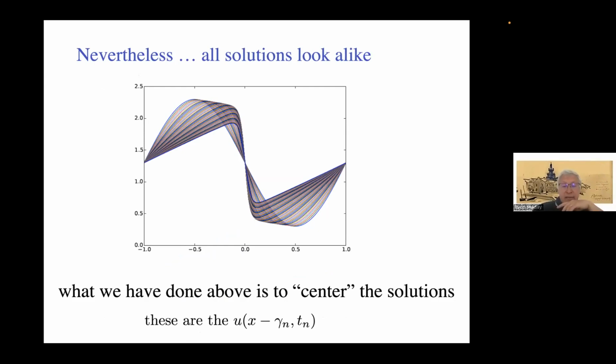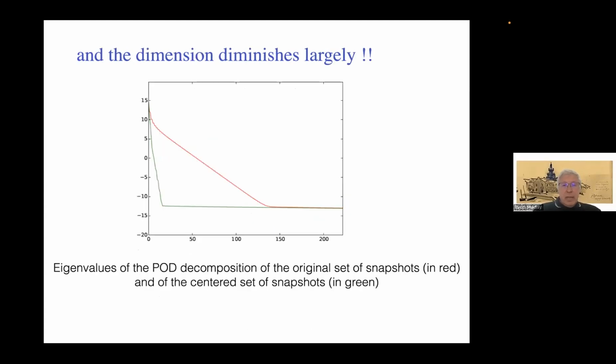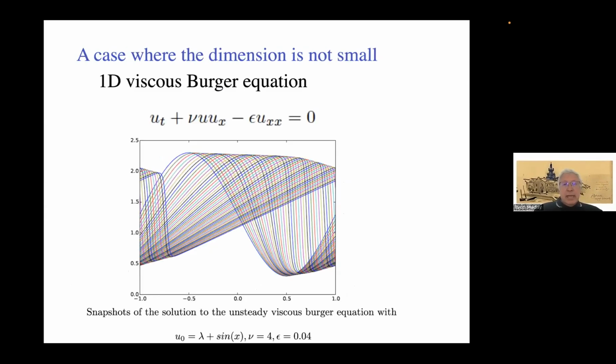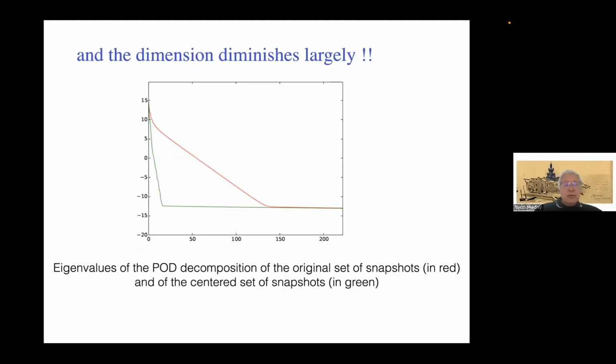And so, looking at u of x minus gamma_n, you see that at different times the solution looks quite similar and can indeed be represented by very few degrees of freedom, as is seen here on this POD analysis, where you see the red curve was the initial span of the eigenvalues if you start from this type of solution,